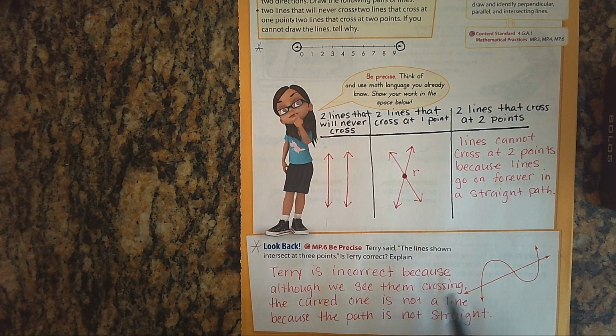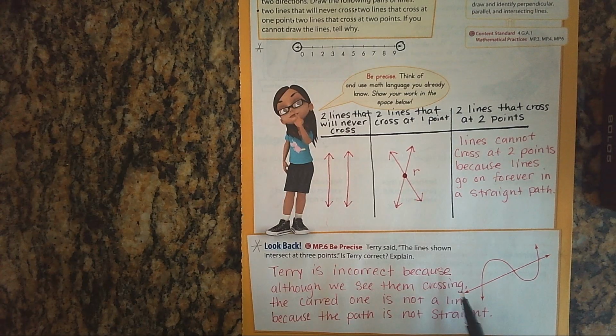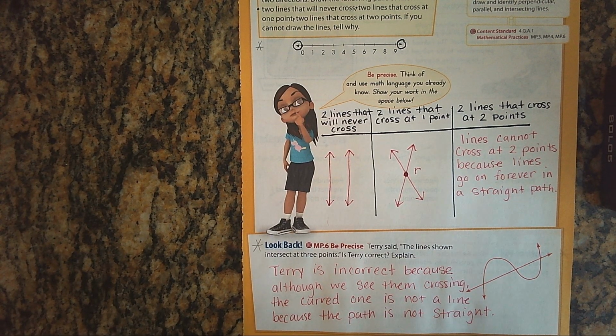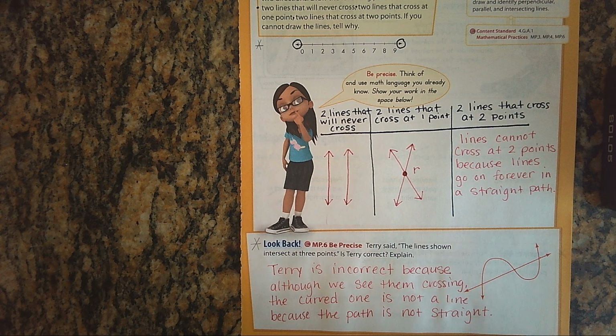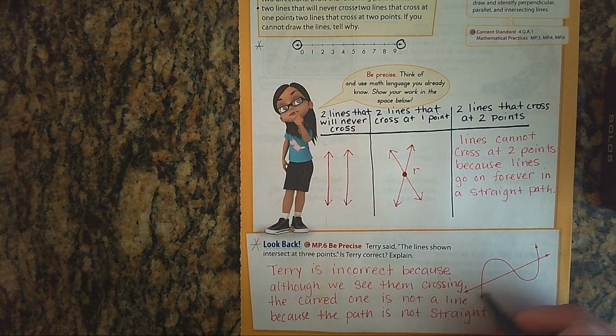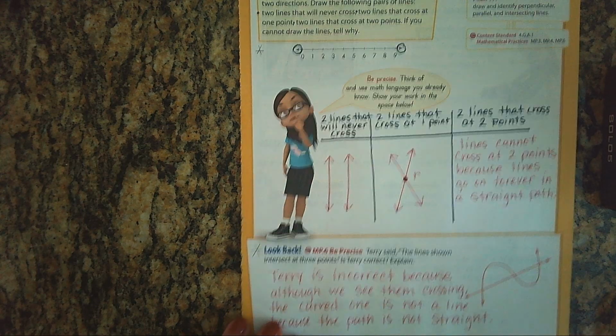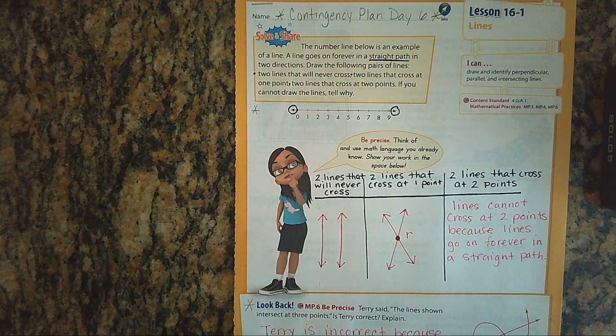So Terry is incorrect because although we see them crossing, the curved one is not a line because the path is not straight. Something along the lines of that. We cannot call this a line because it's curvy. It's not straight. Although this one right here, that is a line, a straight path that will go on forever without crossing. All right, so let's turn the page